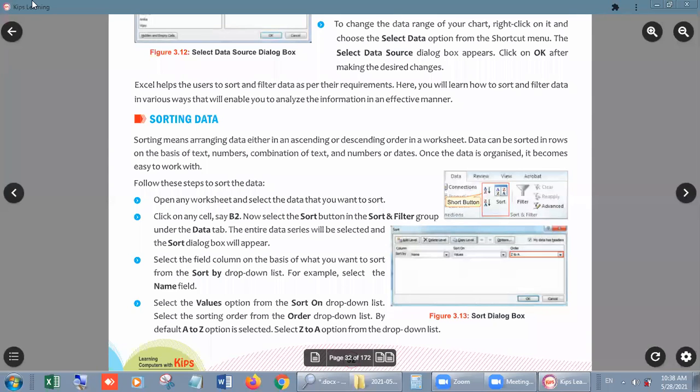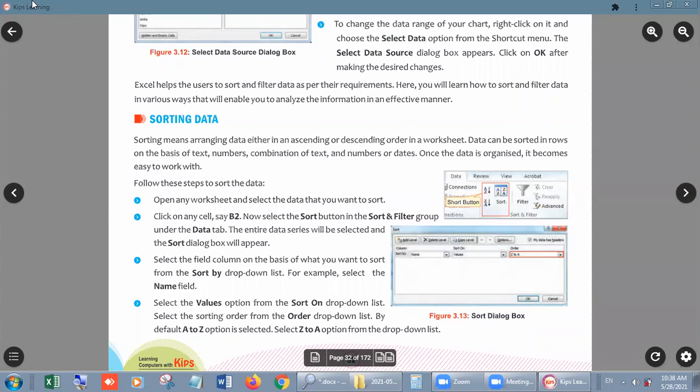When we arrange them from 1 to 20, it means we are using ascending order, from lowest to highest, right? And if we reverse it, then 20, then 19, means reverse counting. It means we are using descending order, right? Means biggest to lowest. We can arrange our data accordingly in Excel.